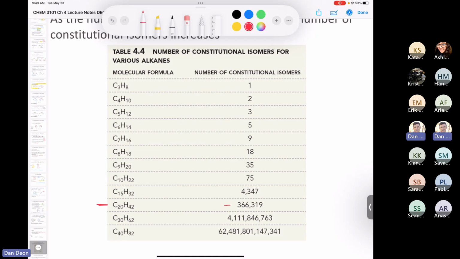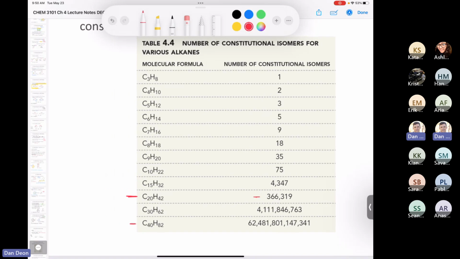A question that we get asked sometimes as an instructor in organic chemistry is, if I know the number of carbons, can I predict the number of constitutional isomers? The answer is no, you can't. Table 4.4 shows that as you go from 3 to 10 carbons, you go from 1 to 75 constitutional isomers. At 20 carbons, you have 366,000 something, and you get up into the billions and trillions rather quickly, only going up to 40 carbons. So there's no way to predict the number of constitutional isomers. But something you might have noticed, if you're very astute, is that every one of these molecular formulas follows the same rule, which is CnH2n+2. So if you know the number of carbons, you multiply that by 2 and add 2, and it gives you the number of hydrogens. Could anybody tell me what's the formula C100H what?